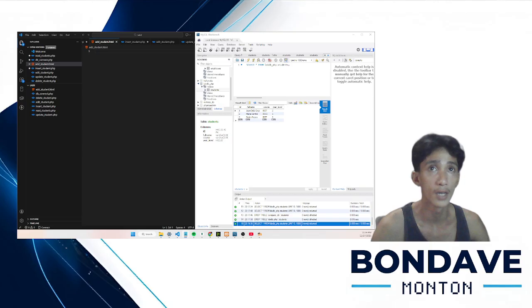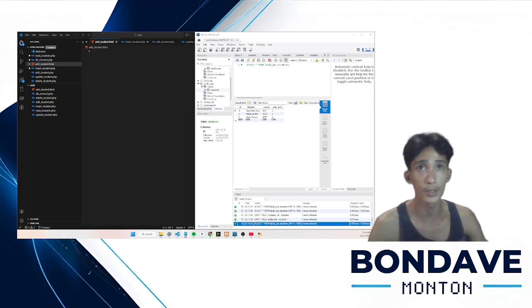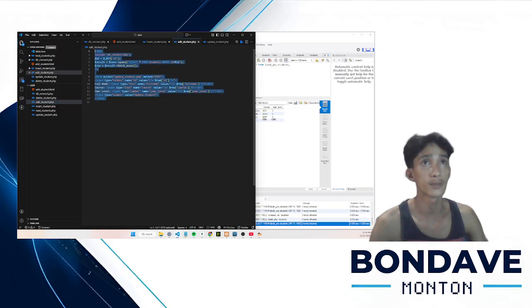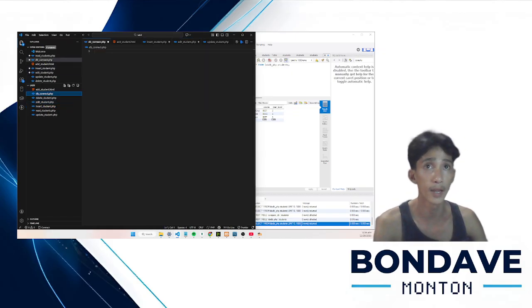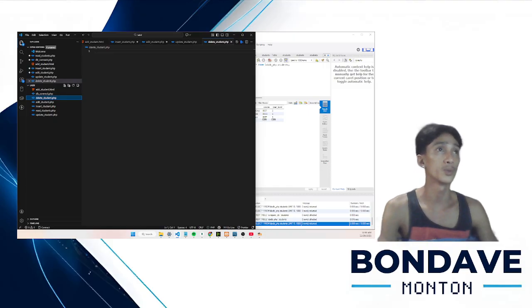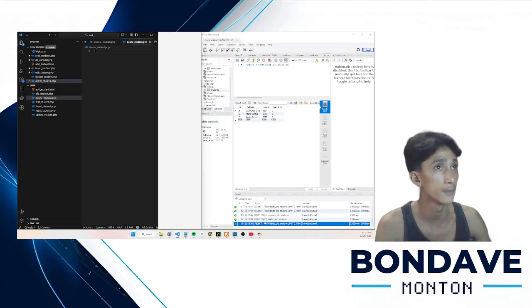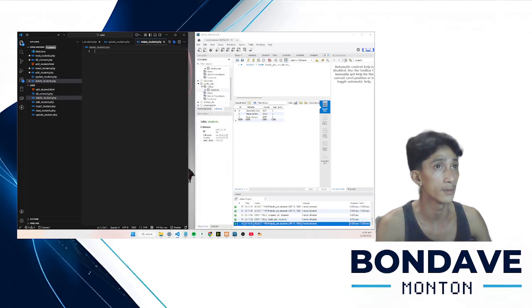As you can see on my VS Code, I've already created a file, but it has no code in it because I wanted to explain the code.